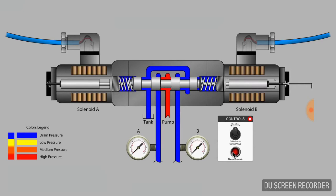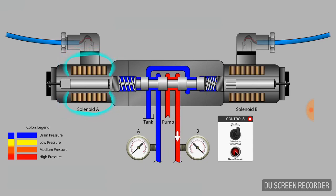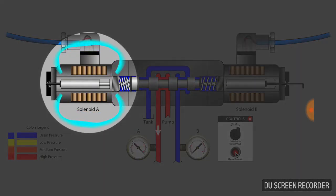Pushing on the mechanical override is a simple way to find out if the internal parts of the valve, namely the valve spool, are still free to move and operating normally. Make sure that when you push the mechanical override, no solenoid is still energized, especially the solenoid on the opposite side. As the mechanical override feature is more mechanically forceful than the electromagnetic forces of a solenoid, the armature